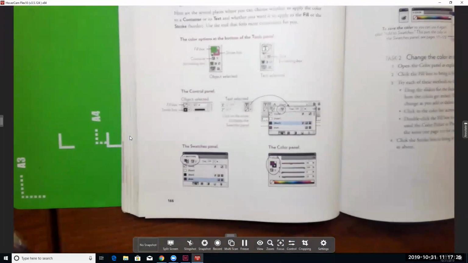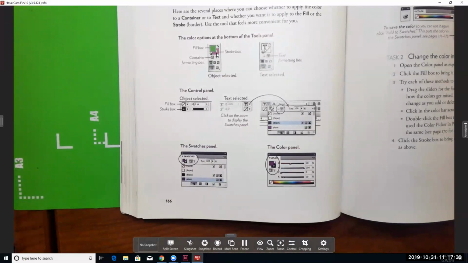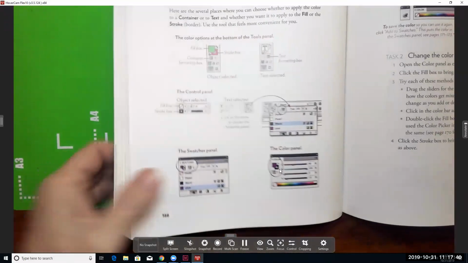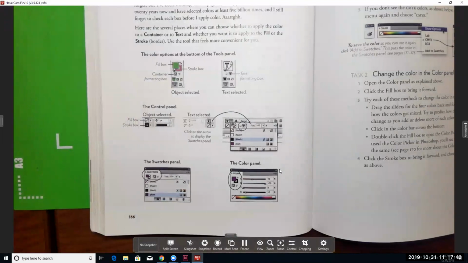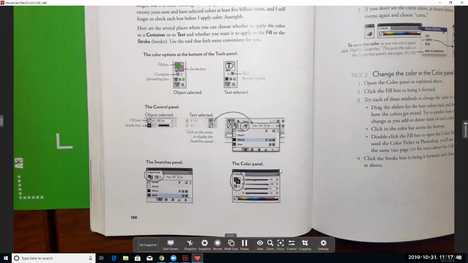I think you've been on the tools, as far as the color boxes. Do you feel pretty comfortable with that? The fill color and the stroke color, and then the color swatches where you can choose colors. The other day we added a purple color. Remember, you can go to either spot or process and get the Pantone. Remember all those Pantone colors,